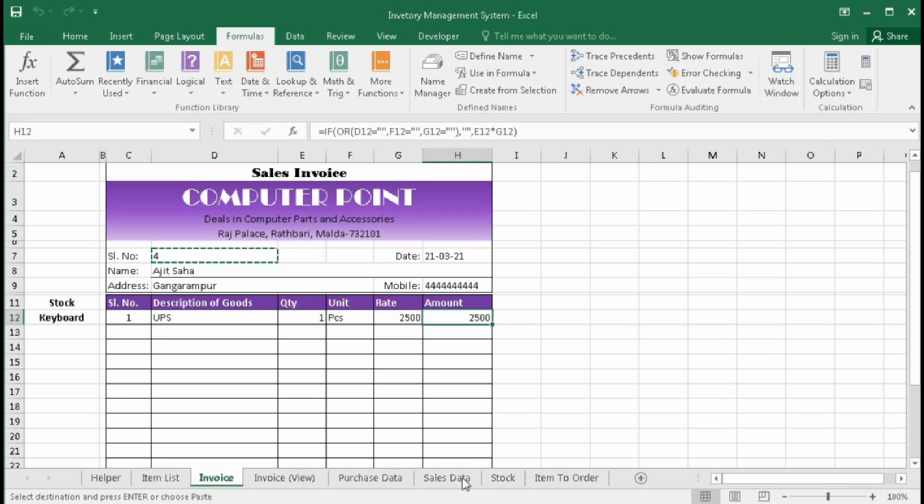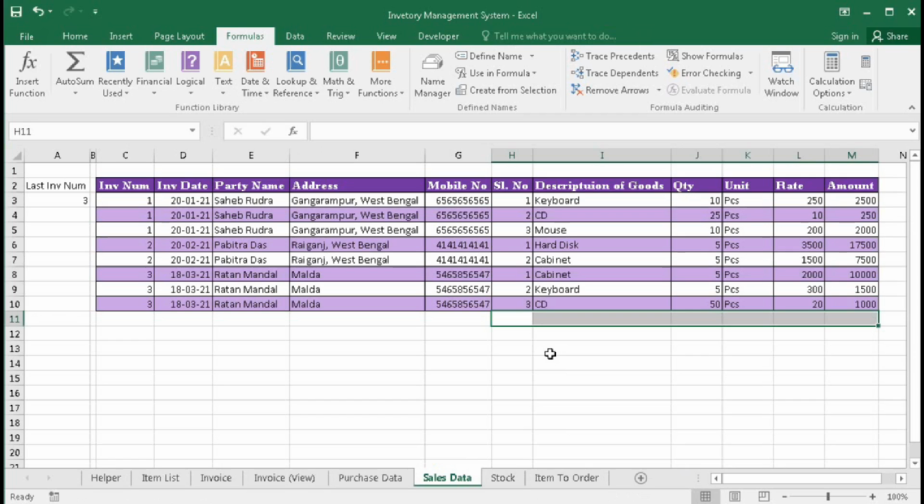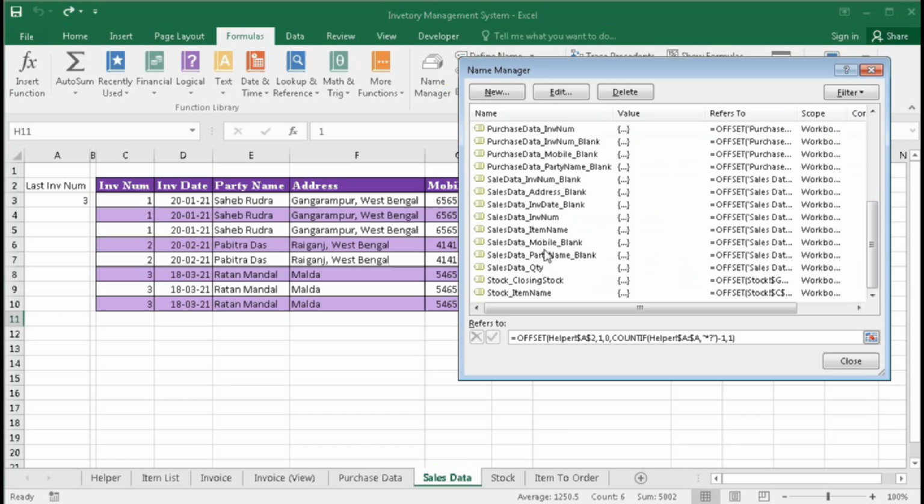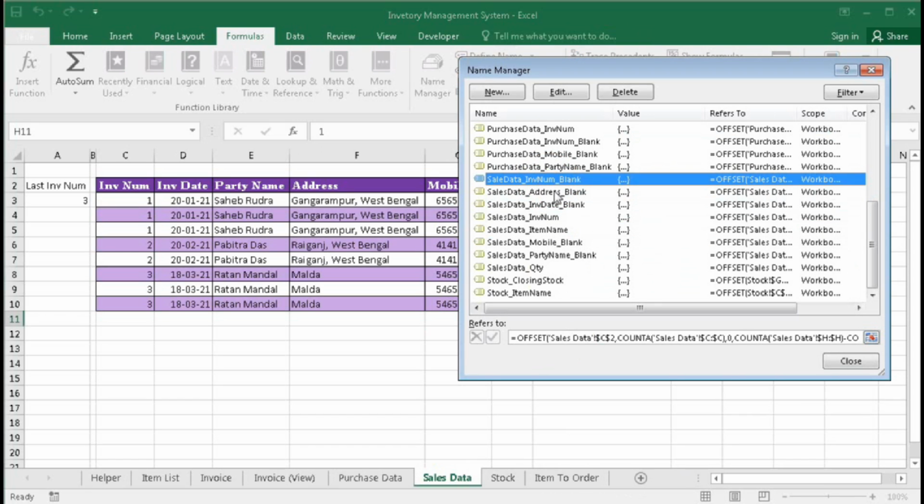Go here, sales data, delete this one first, and okay, check here, invoice num sales data invoice num is the sales data INV num blank.